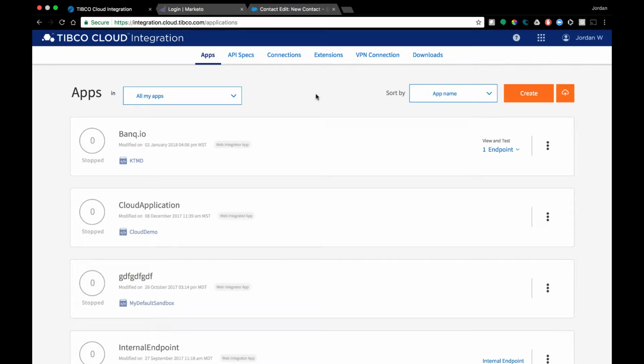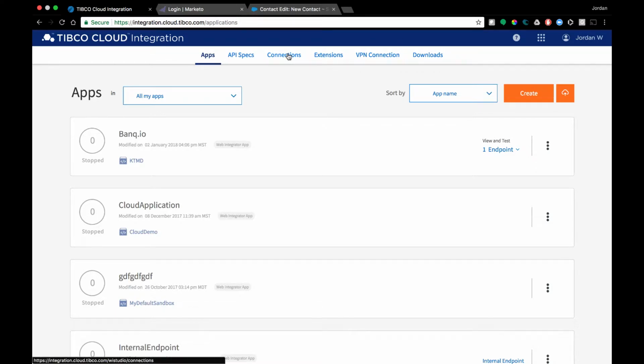So to start things off, what I'm going to do is log into my TIBCO Cloud Integration page. As you can see, I have many tabs up here, such as the Apps tab, which lists all the apps I have available, and all the API specs that are attached to it. So if I wanted to model any APIs, I would do it there. I'm also able to create live connections within the TIBCO Cloud Integration platform, and there are many other things to help you extend or utilize the tool.